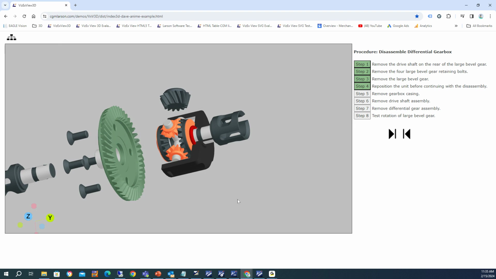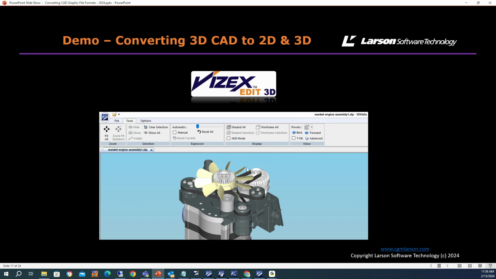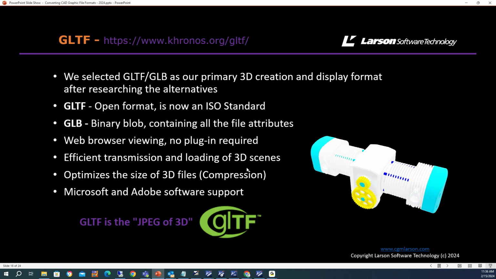Okay, so that is converting from 2D. Let's go back to our slides. From 3D to 2D, and also 3D. Sounds strange, but 3D to 3D. So the format we used there was GLTF. It's a very light format. It's one we did a lot of research on and selected,